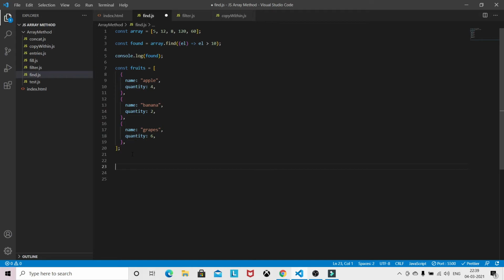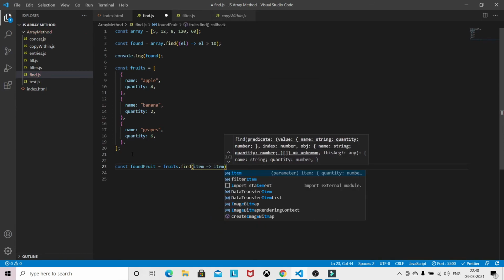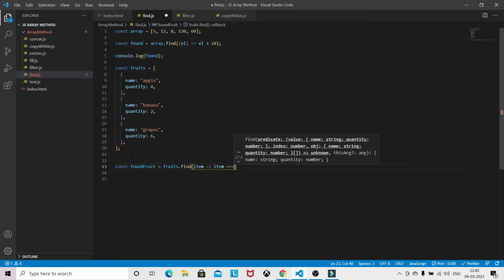We can do it this way. So const found fruit equals fruit dot find, item, where item dot name is equal to apple.